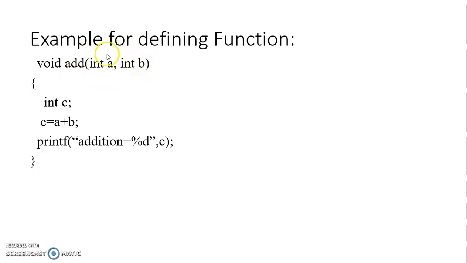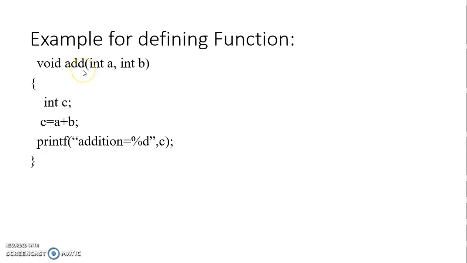Now this is the syntax to define the parameter list. We have to define the data types and the parameter names. So int a, comma, int b. This is the way. You cannot write it as int a, b. That is the declaration we do in a normal C program, but in the parameter list you have to separate the variables with separate data types. So we have to write int a, comma, int b.